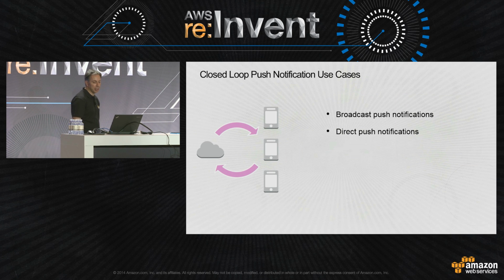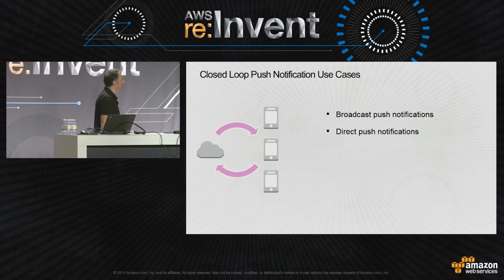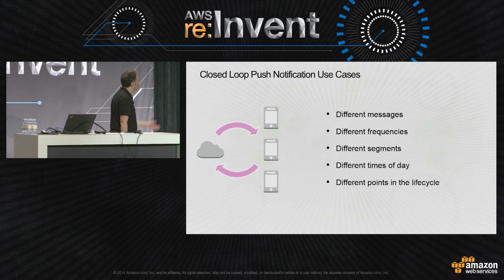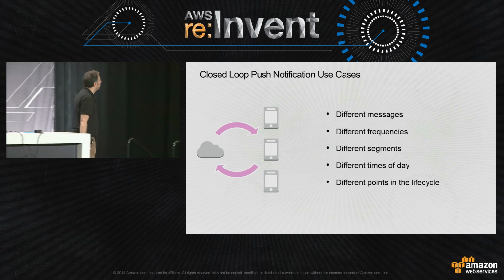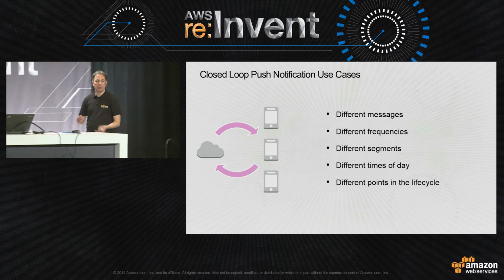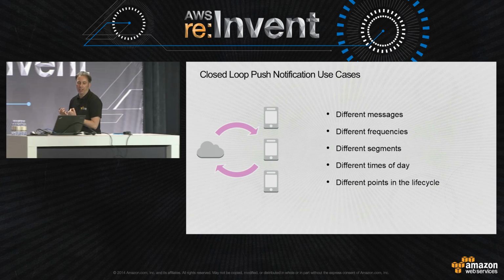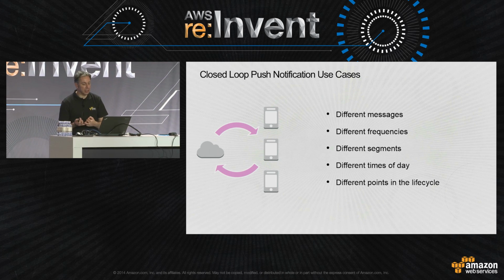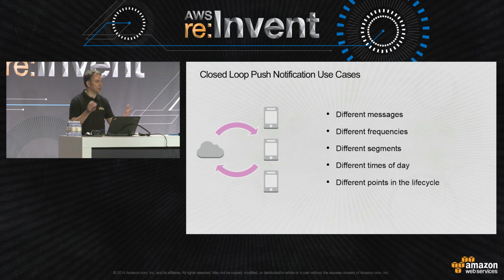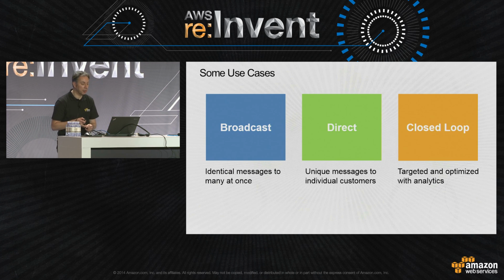And closed loop means that you can broadcast or send direct notifications based on really anything that can happen. So you can play with different times of day, the life cycle of your app, depending on when they are in the life cycle. So it's really something that you can flexibly manage. So let's see how